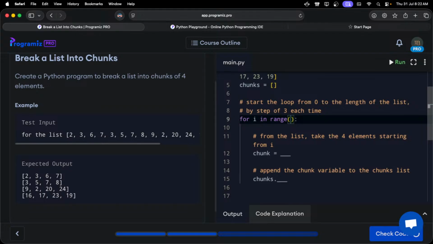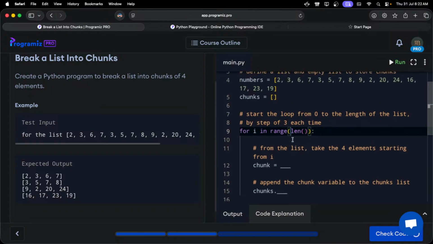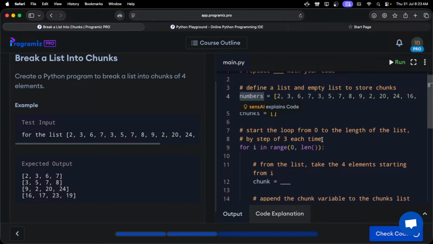And it has to be from 0 to the length of the list, of course, numbers, and we have to skip 3, right? And then what do we need to do? Take the thing, right? So the first element will be what? Suppose there are 4, so 4 is 16, so 16 is there. So if you are going past 3,